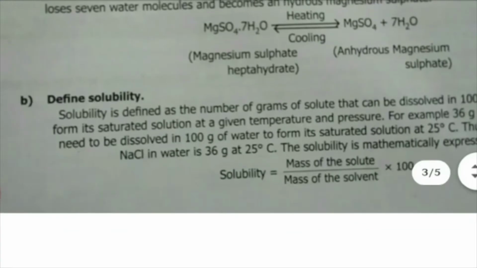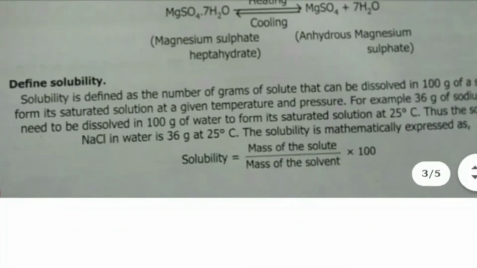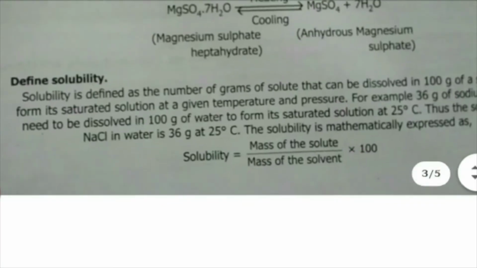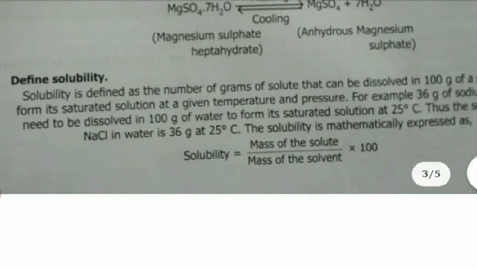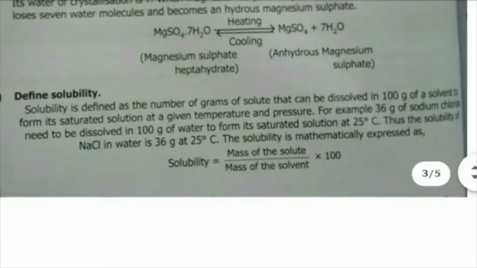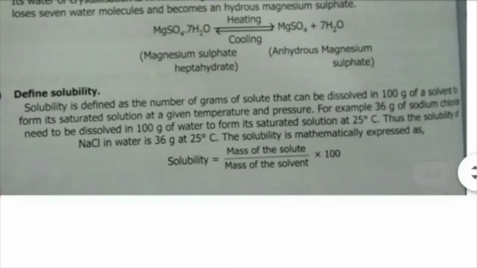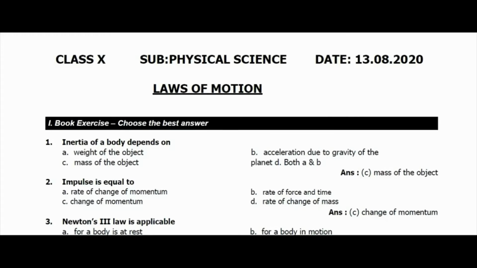Then B question, define solubility. Solubility is defined as the number of grams of solute that can be dissolved in 100 gram of a solvent to form its saturated solution at a given temperature and pressure. For example,